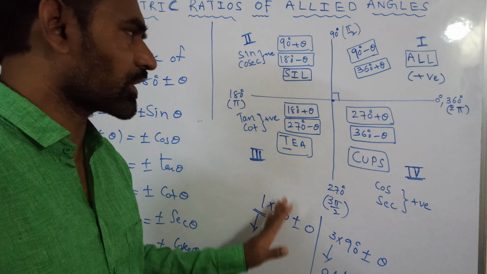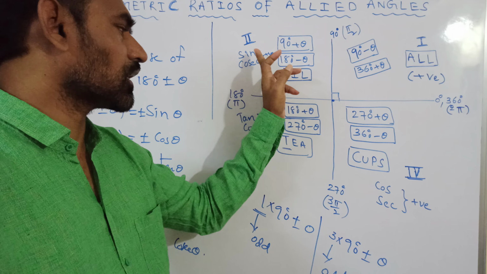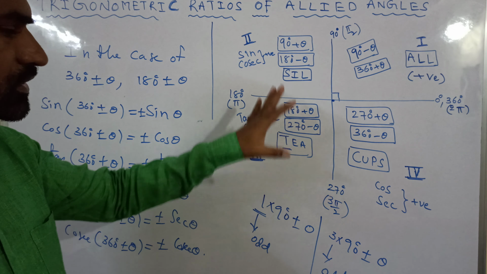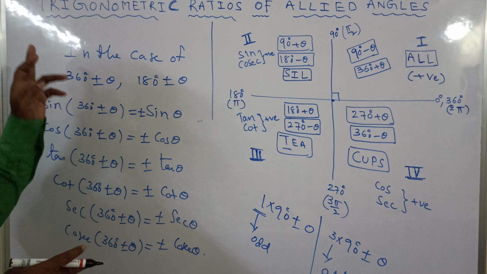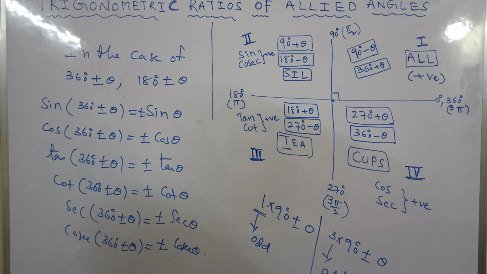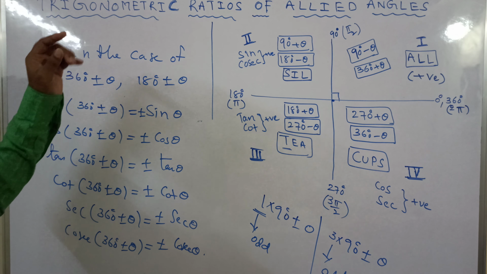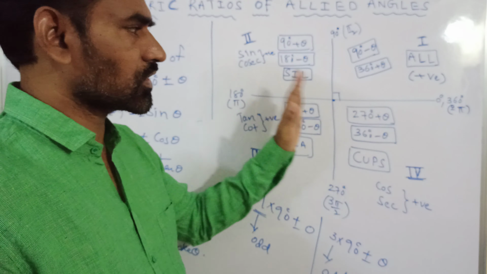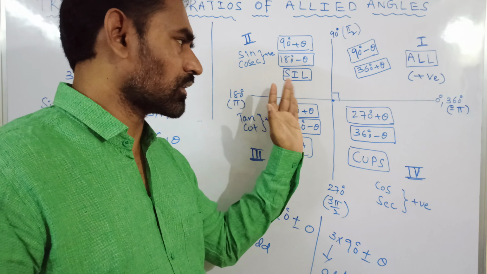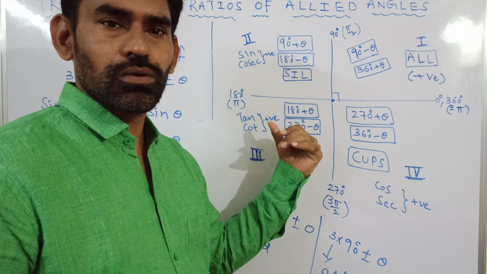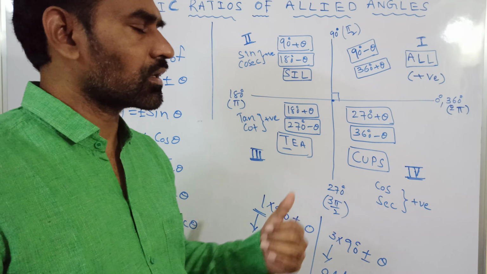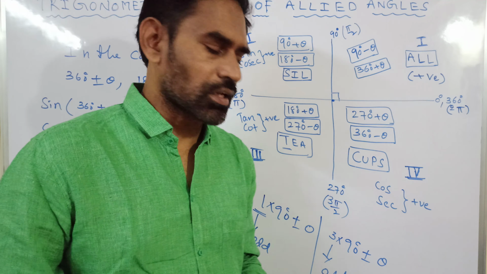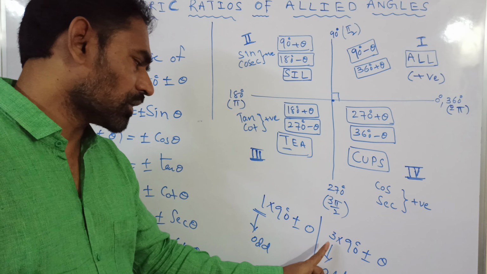So there are 4 quadrants in total. Using all silver tea cups we can apply signs, and using this table we can easily find the trigonometric ratios of allied angles. I say once again, in the case of 90 and 270, trigonometric ratios change: sin, cos, cos, sin, tan, cot, cot, tan, cosecant, secant, secant, cosecant. In the case of 360 and 180, along with the horizontal line, otherwise they are odd multiples here, even